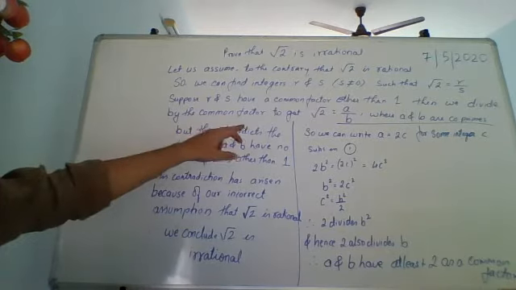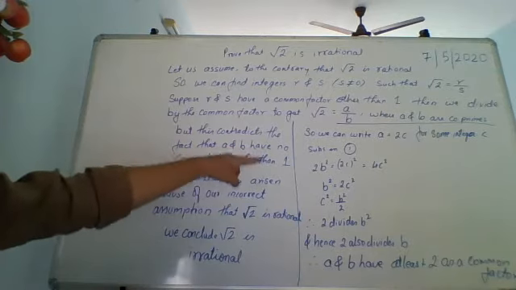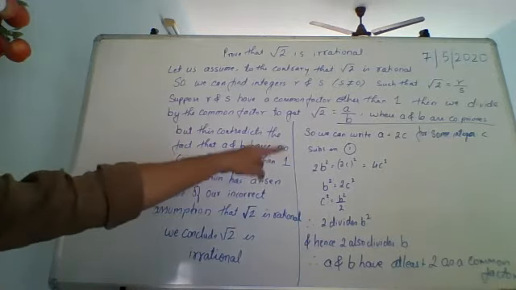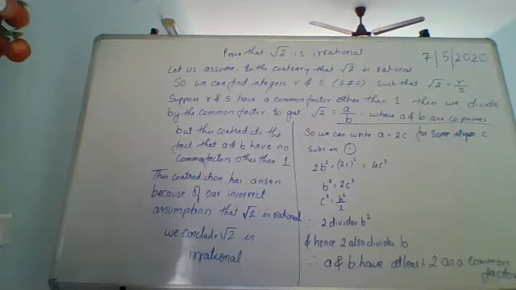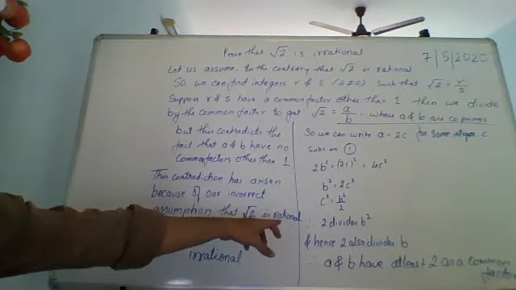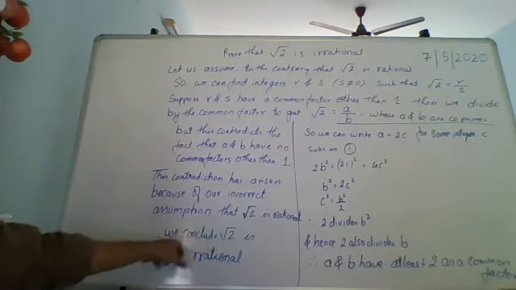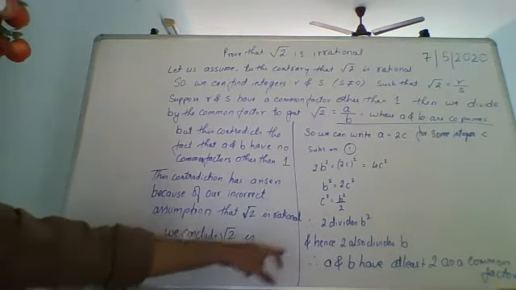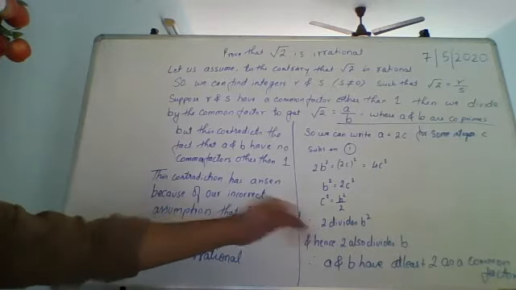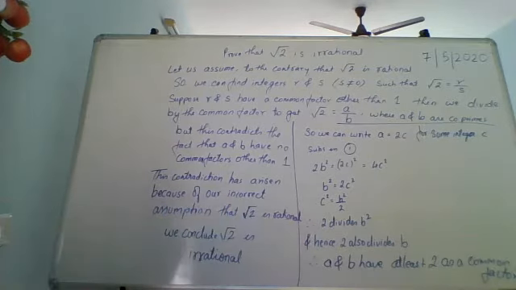If root 3 comes, then where there was 2, 3 will come, and where there was 4, 9 will come. And here 3 divides b square, hence 3 also divides b. Here, if we had 3 divides a square, hence 3 also divides a. Therefore, a and b have 3 as a common factor. It will come like that, that we will see when we do the next sum. For now, first copy till here.